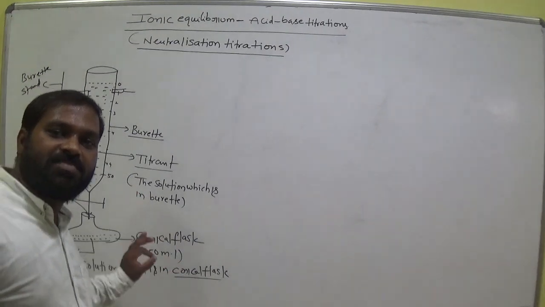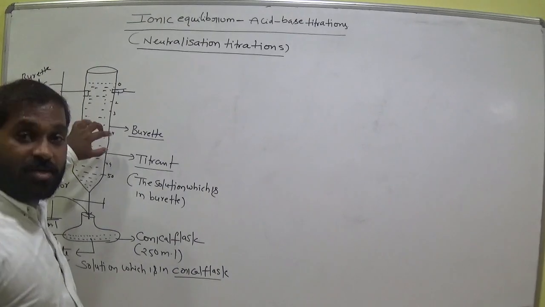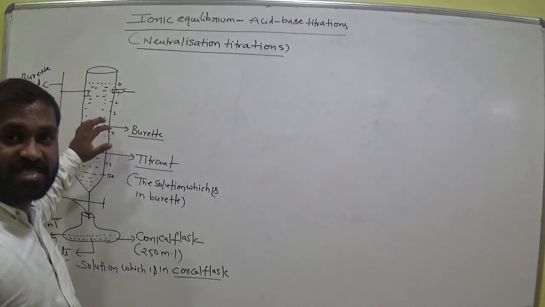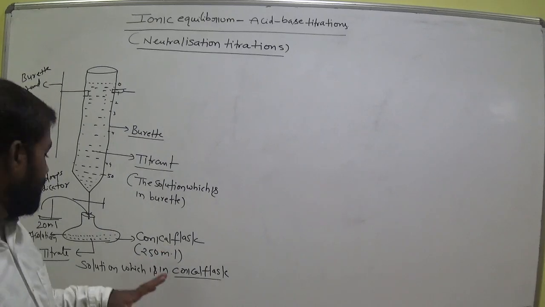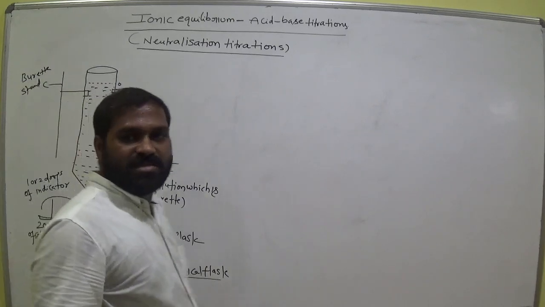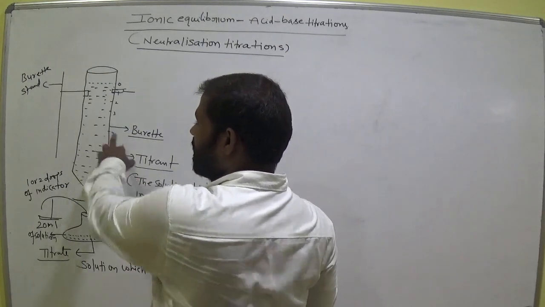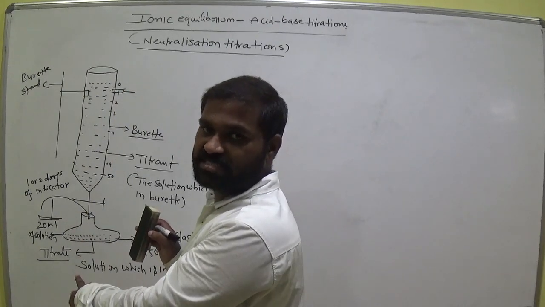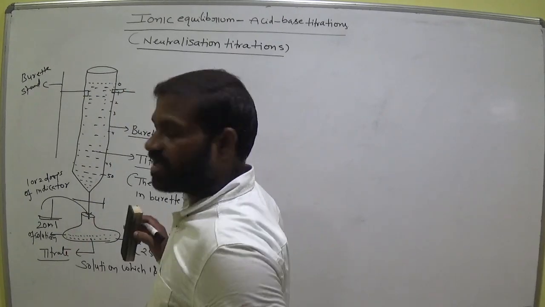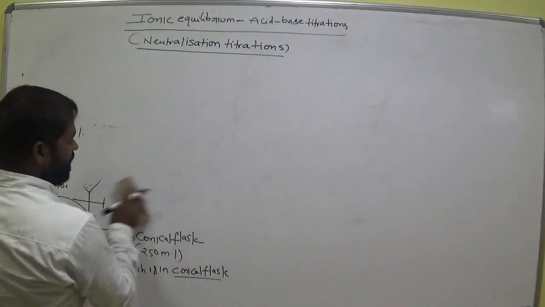That is the end point. We can stop the titration and note down the reading. How much? Suppose 5 ml, 10 ml, 20 ml. How many ml of acid or base is consumed in the conical flask? That is the end point or titration point. Okay? Is it clear, ma, all of you? This is called titration. Okay? In that, suppose this concentration we know. The known concentration is taken in the burette. The unknown concentration is taken in the conical flask. Okay? Clear? Remember it. This is about titration.